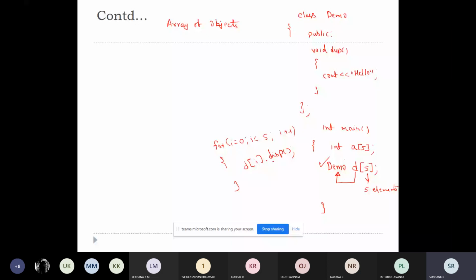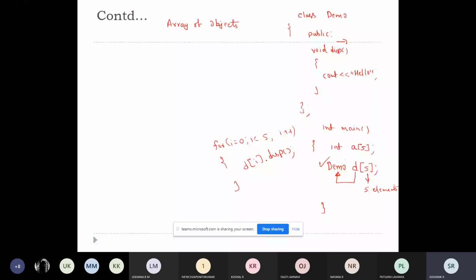Declaring the array is also the same as for basic data types, as is reading, traversing and printing the array. Everything you can do through the for loop, and the syntax is the same. There is no difference in the syntax. The main thing is you should know you can create an array of objects in C++. And one more thing is even you can use arrays inside the class also.